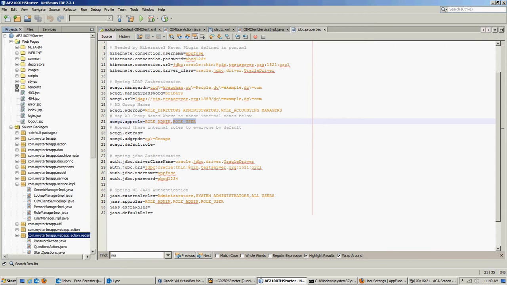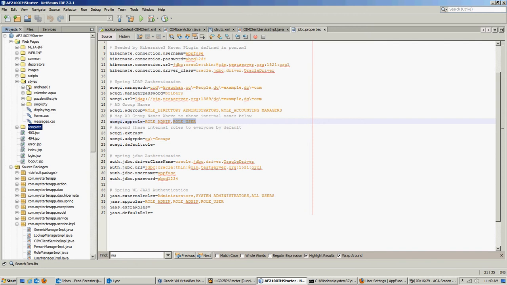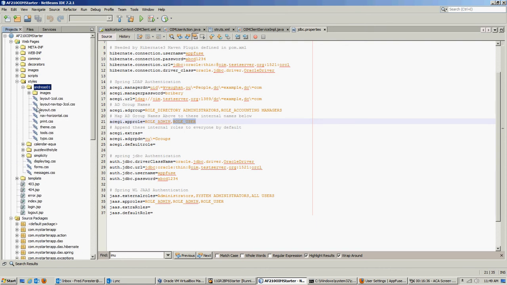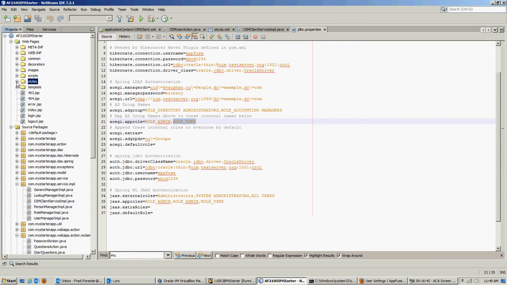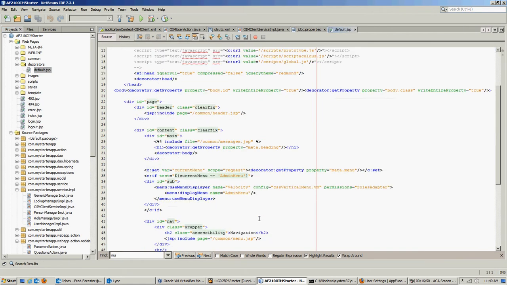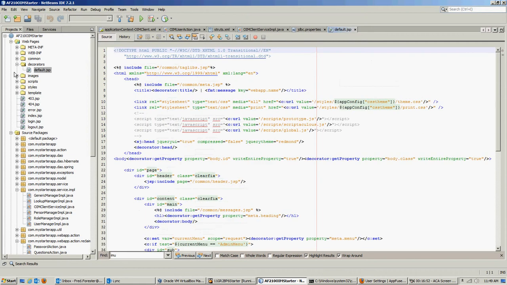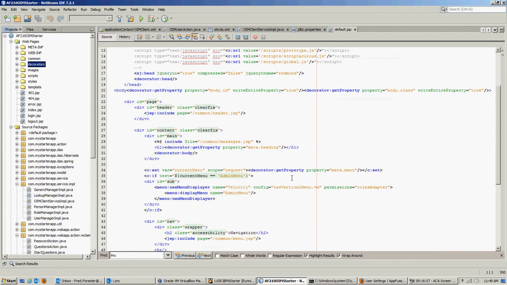There's various templates you can use with CSS, and here are all the templates that are already built in with AppFuse. So all you have to do is follow how they create these templates, and you can build a completely different look for this web app pretty fast. It's also using the SiteMesh templating engine. So this is the template for the entire site. Each page is just dealing with its own HTML. It has nothing to do with how the headers and the footers are laid together with the menus,